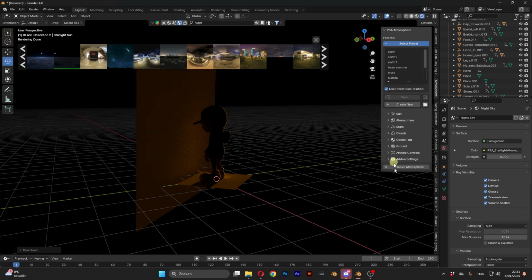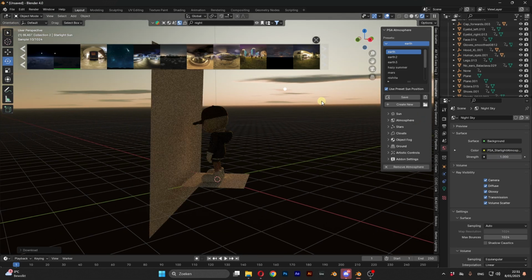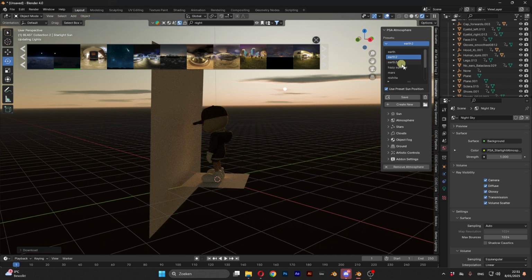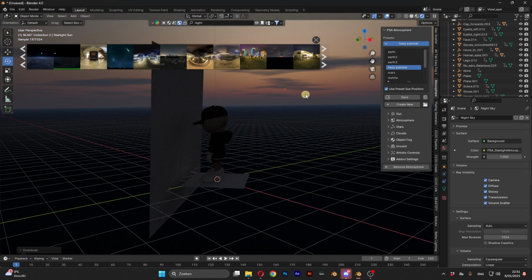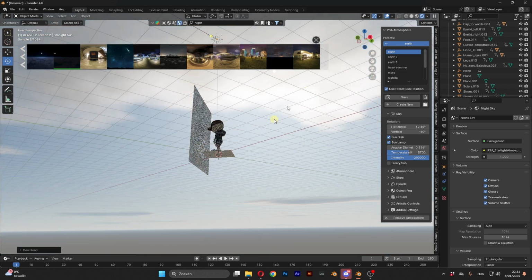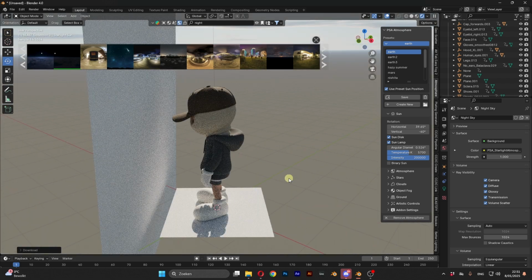We have our atmospheres. It's basically an HDR generator, but there are a little bit more customization options you can use while using this one. For example, we have some earth, we have some hazy summer. It's all changing in the background, but that's not it, because right now we can change, for example, the position where the sun is. So right now we see our sun is here, and I'm going to make sure it is higher in the sky. So now it's behind the clouds, but as you guys can see, it changed our